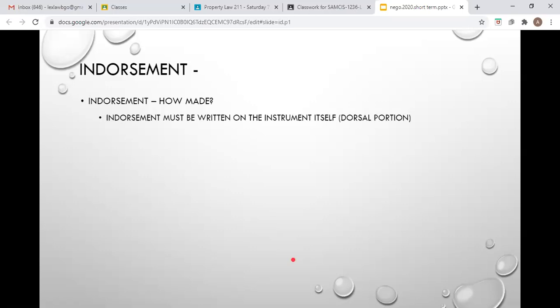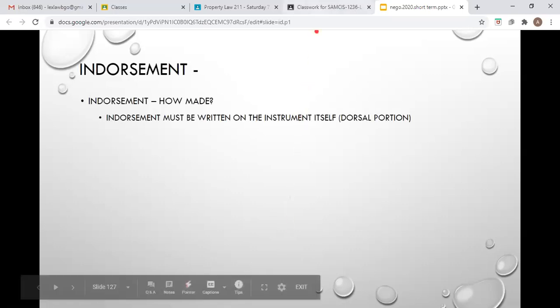However, if you will negotiate a payable to bearer instrument through endorsement completed by delivery, your liability will be far greater as compared to that situation whereby you will just negotiate that payable to bearer instrument by way of delivery. Ano bang ibig kong sabihin doon? Okay, let's see this one.